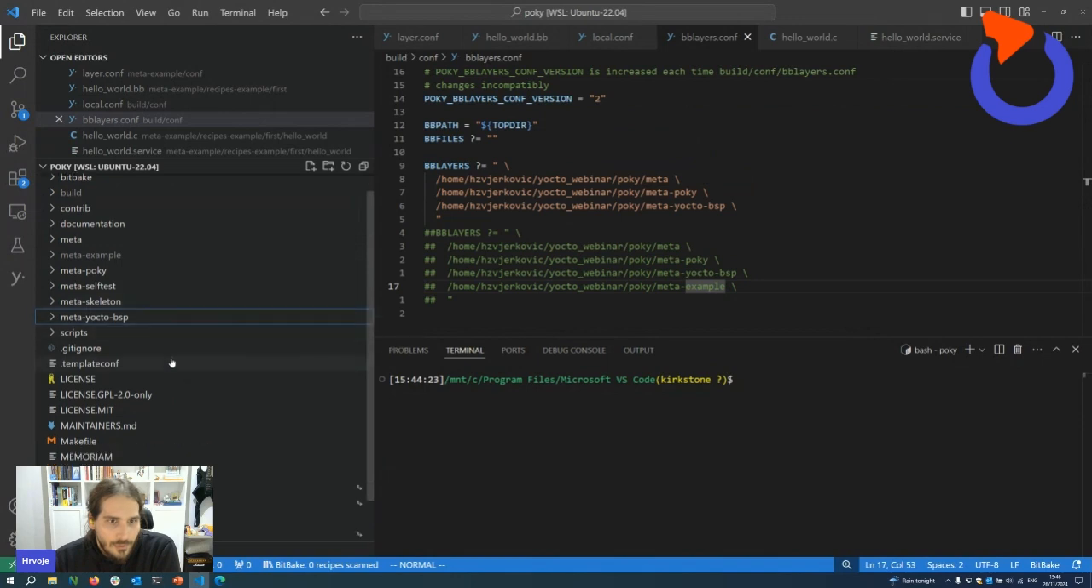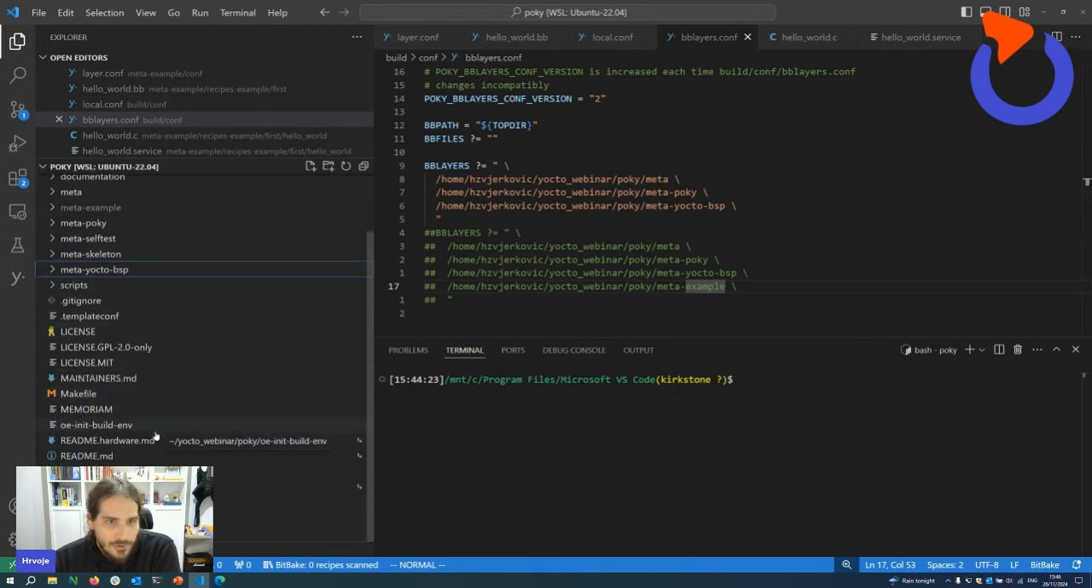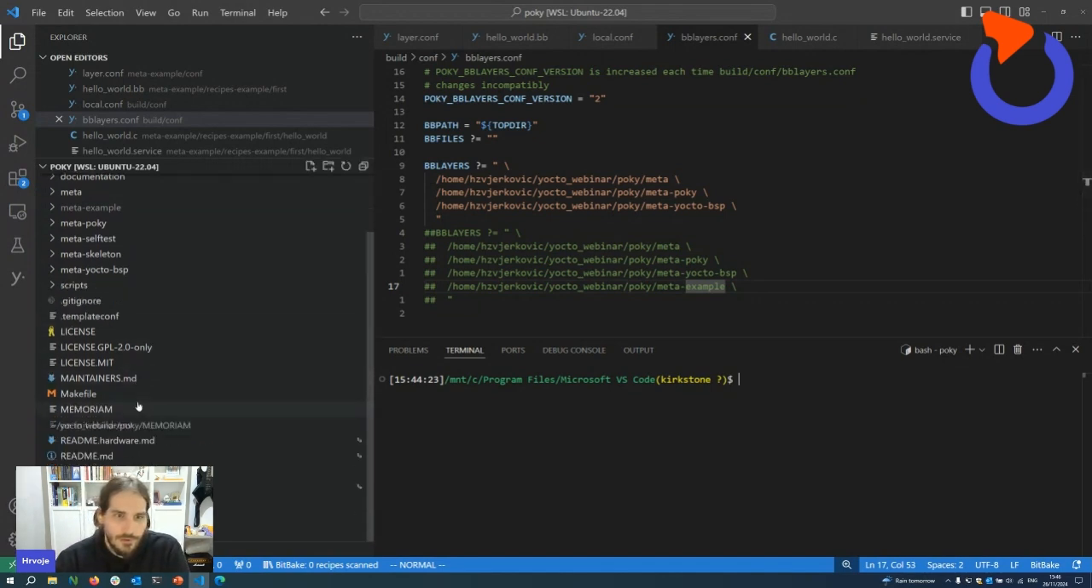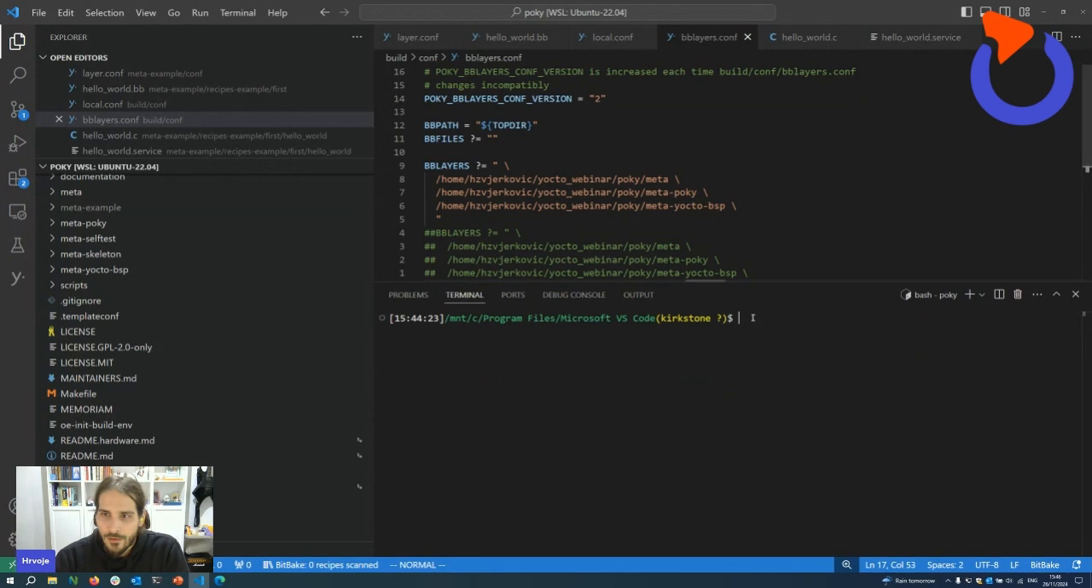Okay, what's also very important is this OE init build environment script. This script also comes with the Open Embedded build system, and it's very useful because when you run it, it will initialize your build directory, and it will also add bitbake directly to your path variable, so you can run it from wherever you want. Now, I'm not sure if I ran it before this, so I will rerun